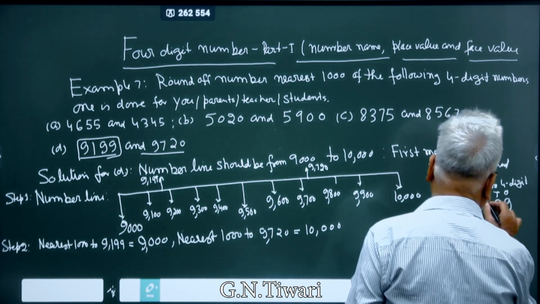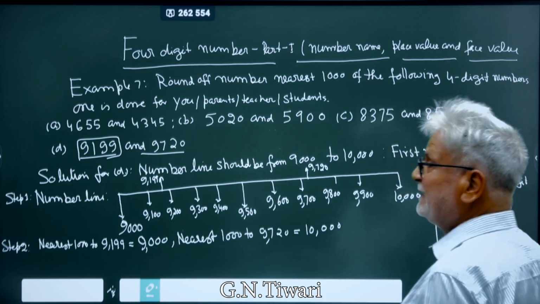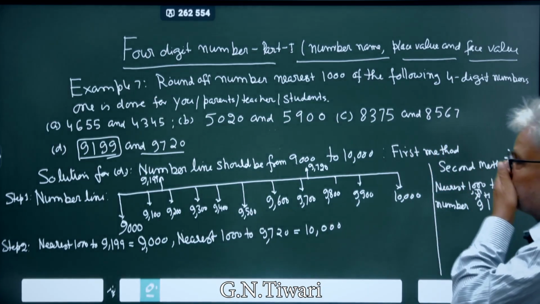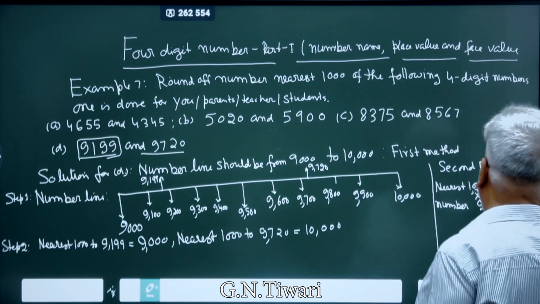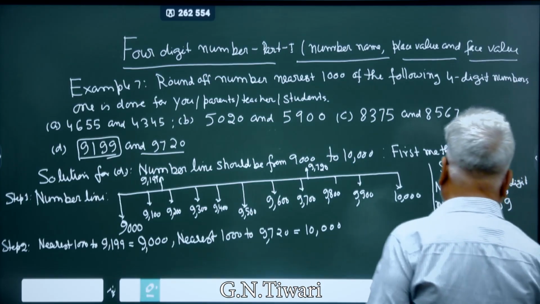OTH. नियरेस्ट 100 है तो 100 को कट कर दीजिए. लेकिन कट करने के बाद देखिए नेक्स्ट डिजिट क्या है? H. तो स्टेप 1